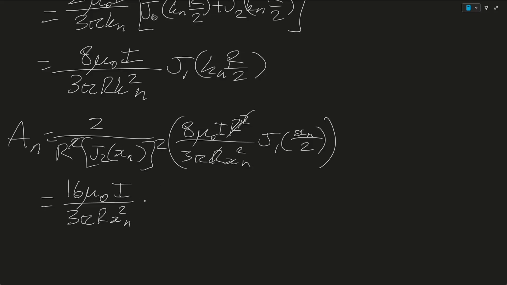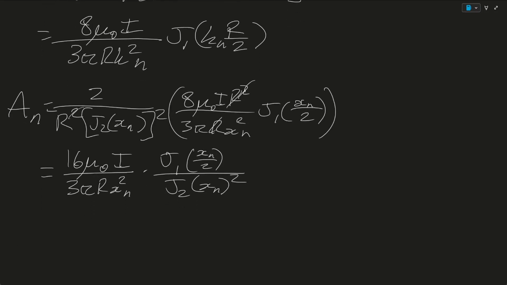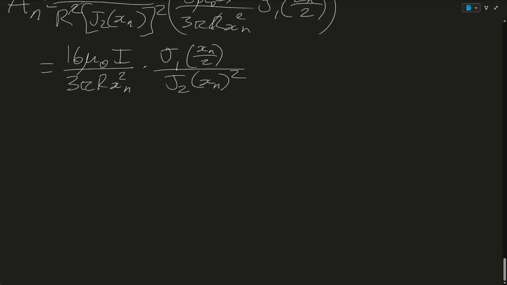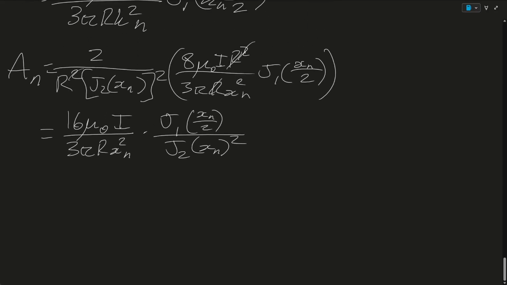Yep, times j1 of xn over 2 over j2 of xn squared. Yes! And so we can put everything together and conclusively state that B phi, regarding time and disregarding the displacement currents, is